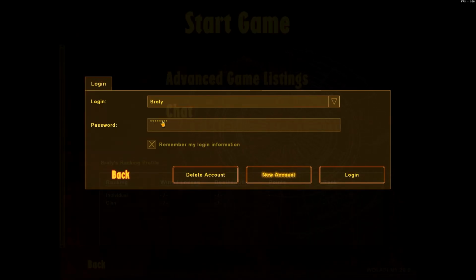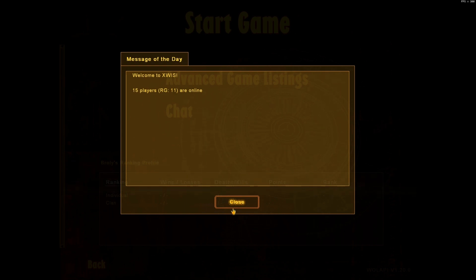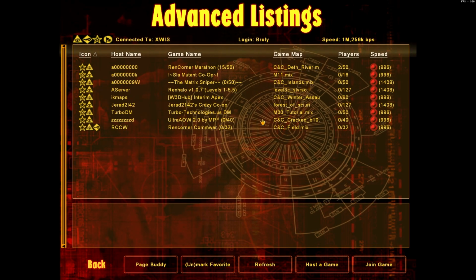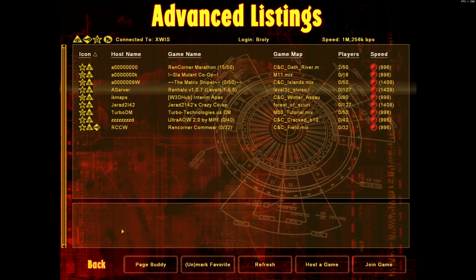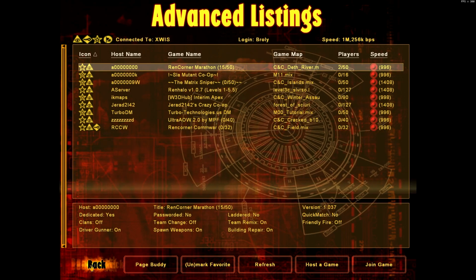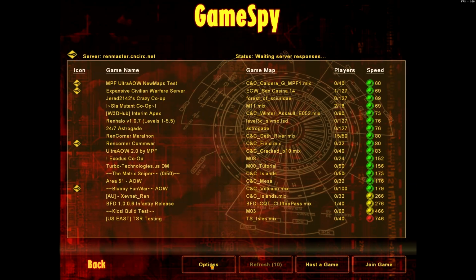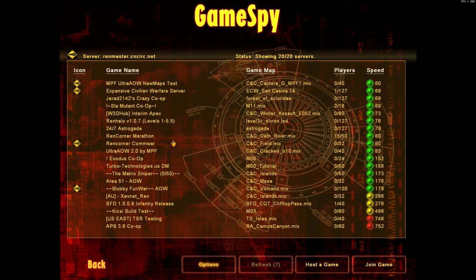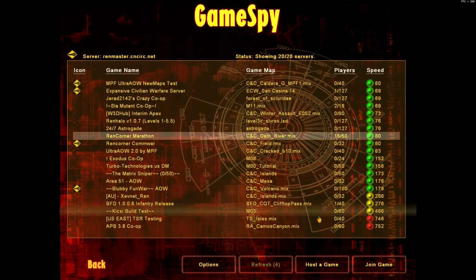So just make sure it's at least 8 characters long. 8 characters, simple password. Don't make it too complicated. Don't use any weird characters. Just a good enough password, and you'll be good to go. And then you can log in with that username and password, and you'll have access to the servers for Westwood. And we can go ahead and pop in here. I'm going to use GameSpy so I can use any name. And you should be able to log in here